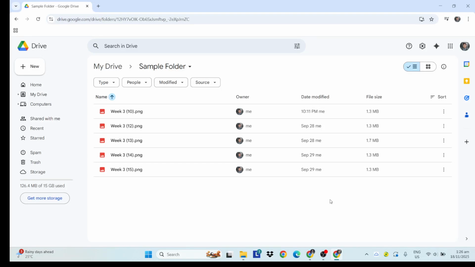In today's video, I'm going to teach you how to effortlessly share files or folders from Google Drive using a computer web browser. We're going to walk through a couple of convenient methods, making collaboration and sharing data with colleagues, friends, or family as simple as just a few clicks. Whether you want to create a shareable link or send files directly through email, you'll find the process is straightforward